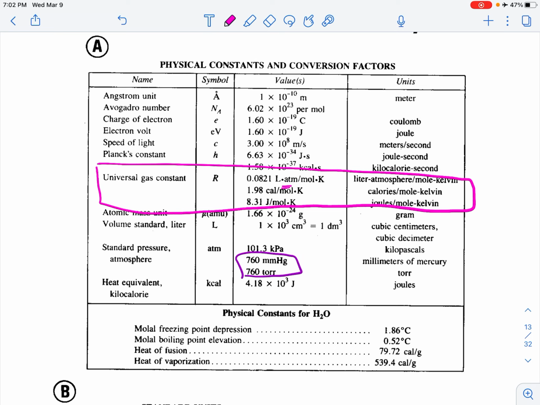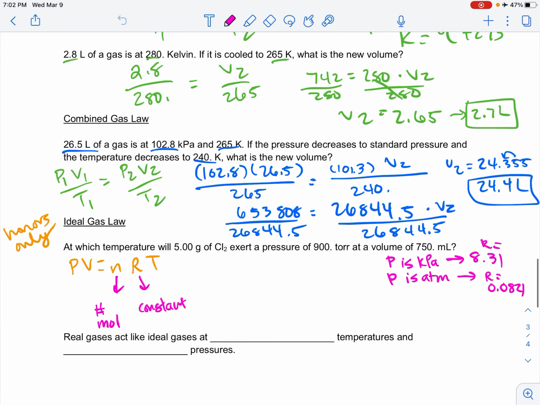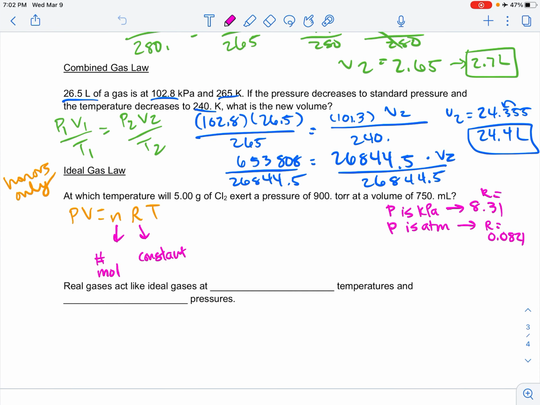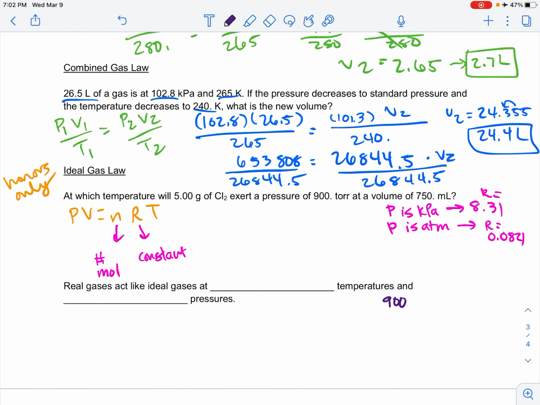So here's atmospheres. Now, this is kilopascal, that bottom one. Anyways, you can always convert everything to atmospheres if you'd like. So there's that. Now, I was a real brat because I made you have to convert everything. So P says 900 torr. I want either kilopascal or atmospheres. I'm going to go atmospheres. I seek atmospheres. I know torr. So goodbye to those. 900 divided by 760 gives me